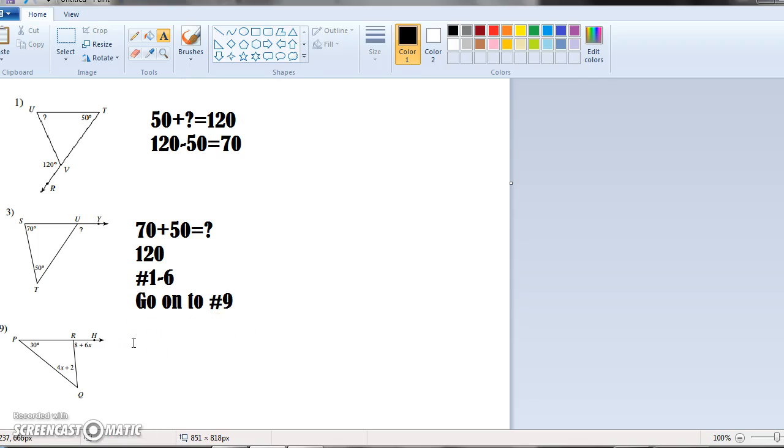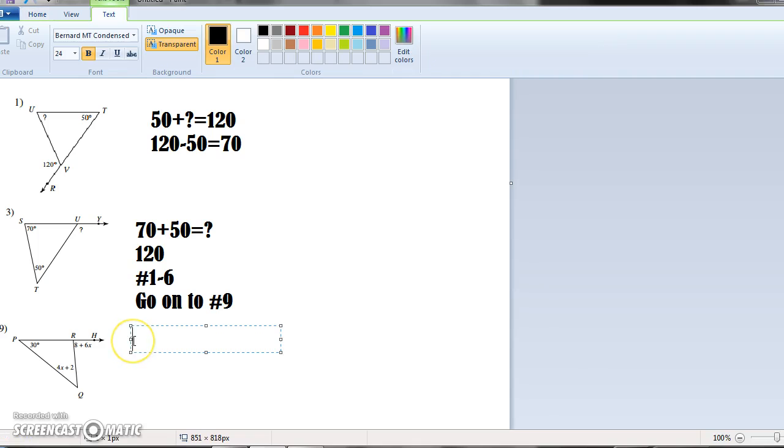Okay, I assume you went through 1 through 6. I assume I can trust you, and you're going on to number 9 right now. Number 9 looks intimidating because it has some x's in it, right? But I'm going to say it's the same exact idea. The exterior angle theorem says that 30 plus 4x plus 2. Remember, we're adding those two together because those two adding up equals this one on the outside,